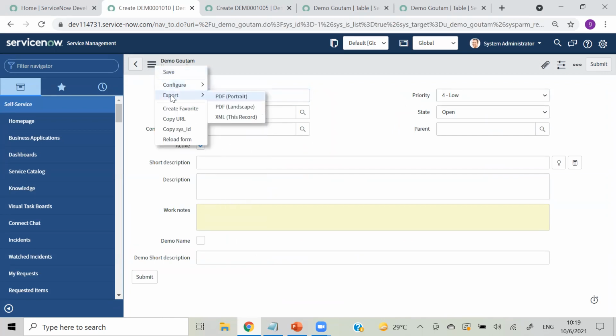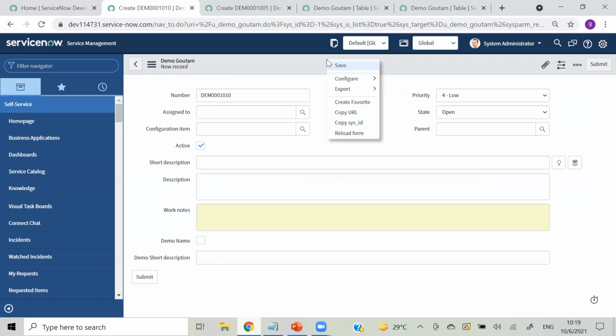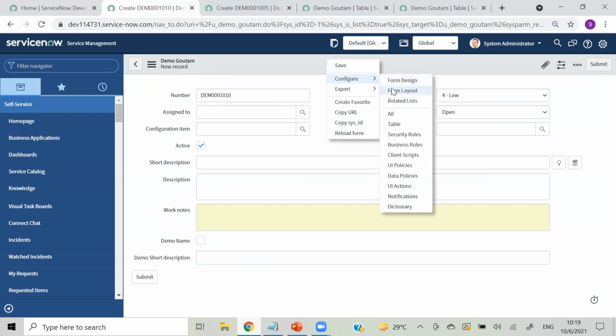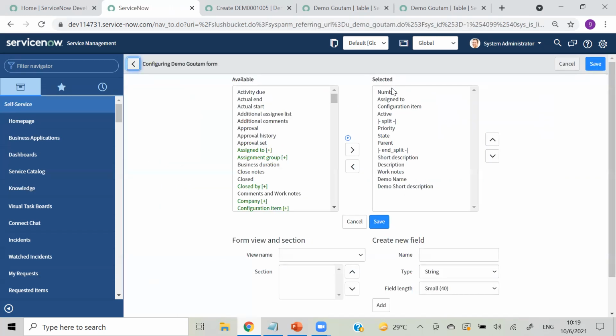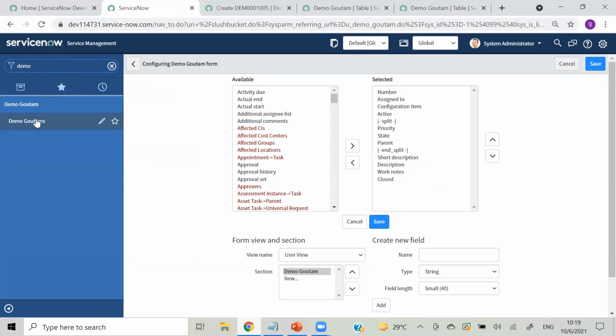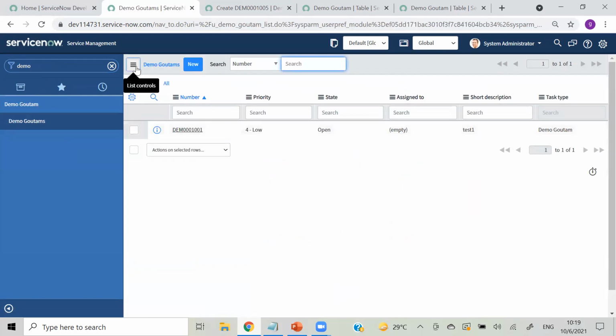Okay, I will see, the view option is not available for me. I don't know why. Else I have shown you in incident, right? We have different views like workplace, user, default, those views. So here also you can create different views, and you can set in which view you want to show which fields. The view option is coming outside the form, Gautam. Go to the list view. Yeah, on the top, there it's getting. It is showing only default, but it is not showing the new view which I have created.